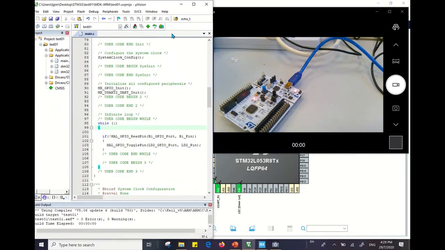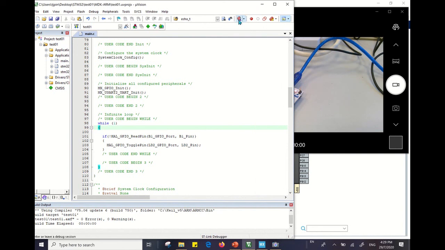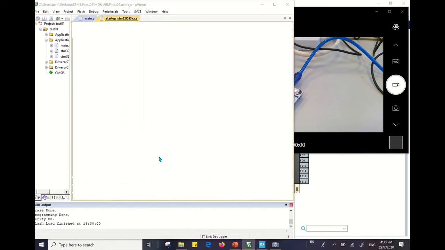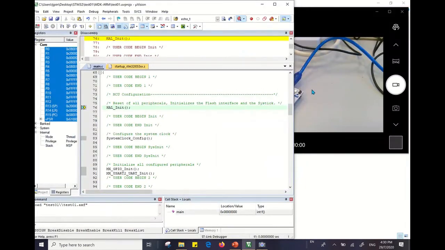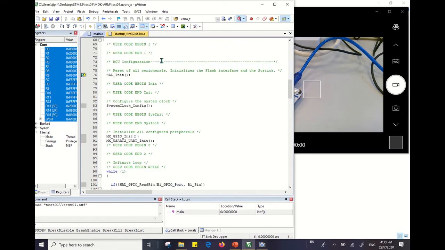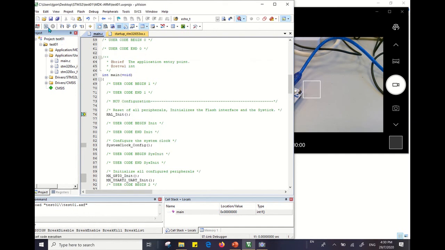So I click on the debug. It will compile and download the program to my board. Okay, I don't need this. Start from the beginning. This is run, and this is reset. So we click on run,